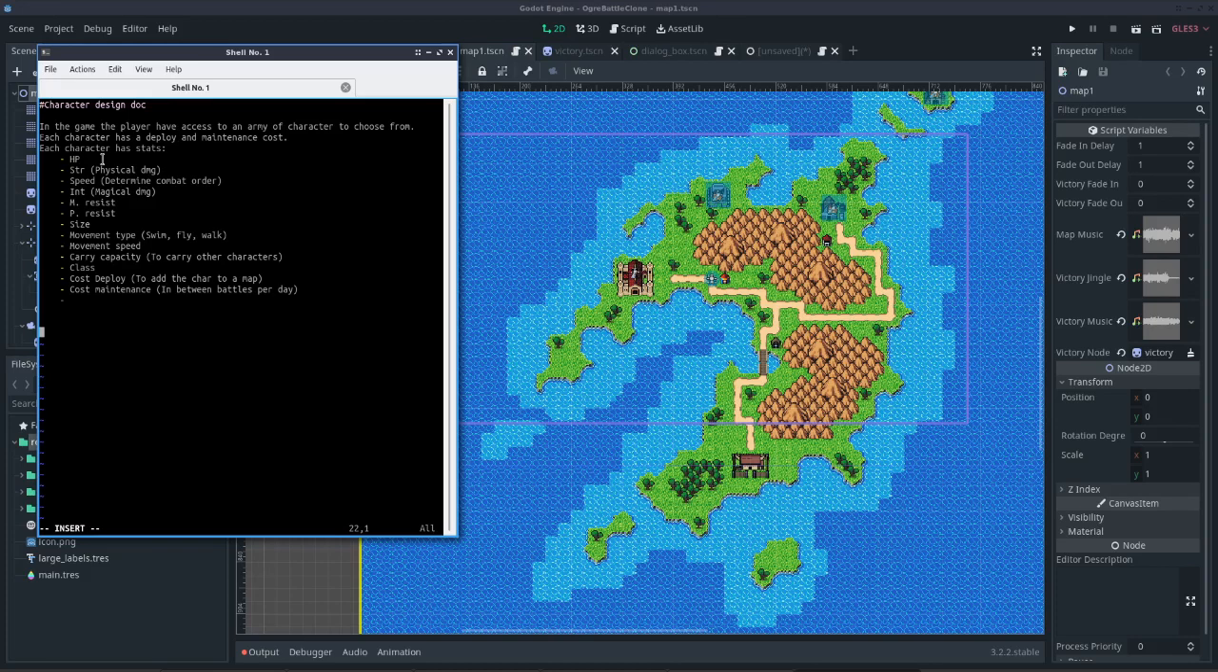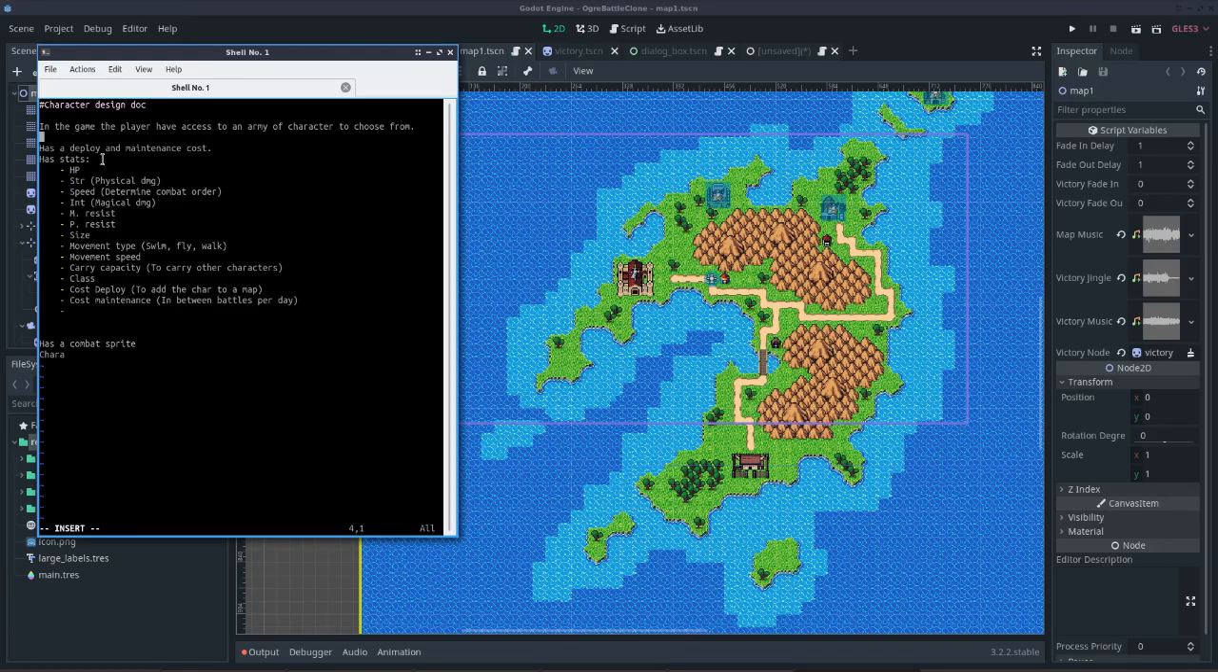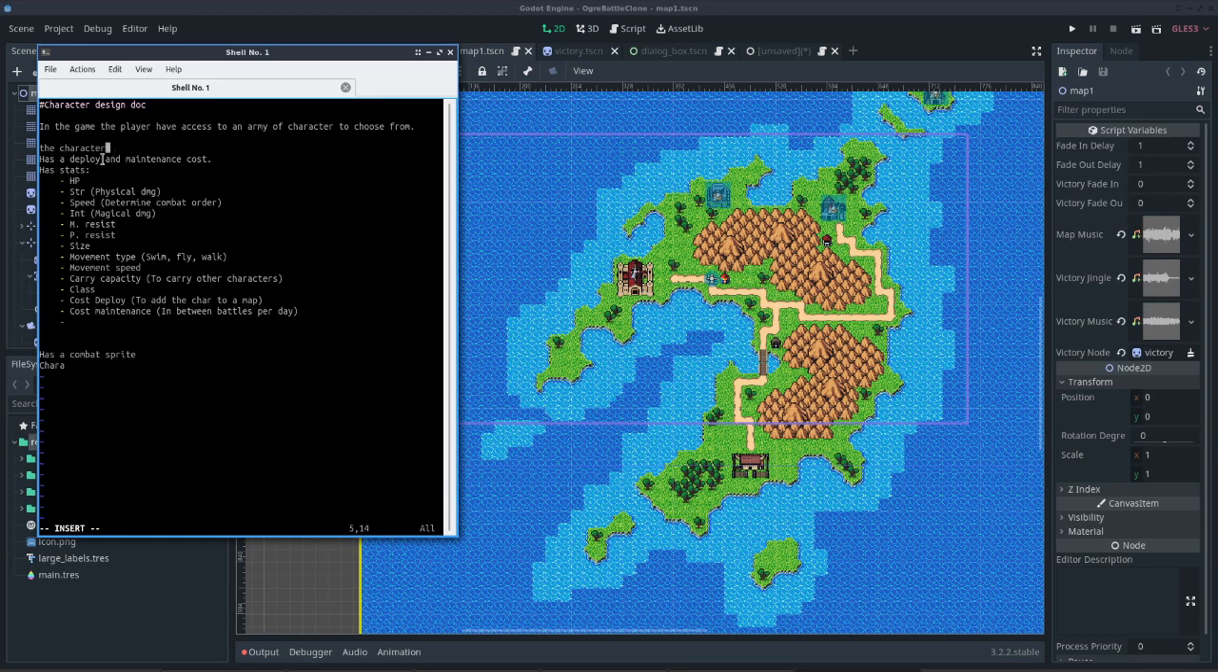Next, a character as a combat sprite. Okay, let's use a different word, because I'm getting bored of writing character. So in-game the player, the character, I'll adjust that later. As a map sprite,